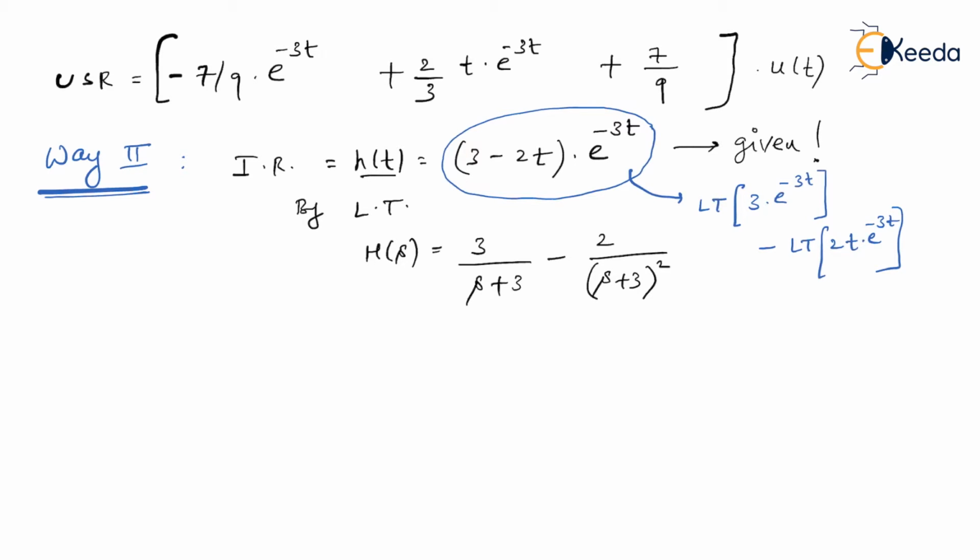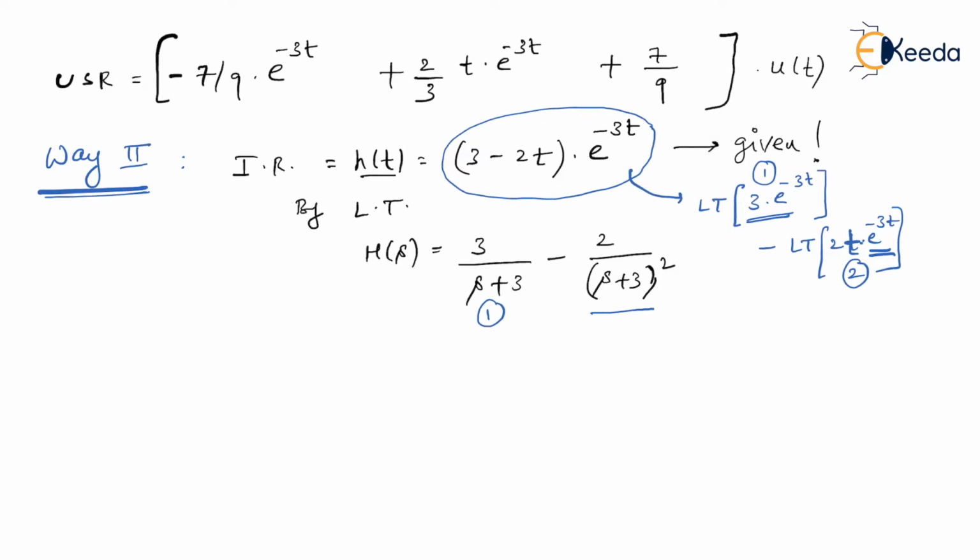Am I right? So again, the Laplace transform for the first term is written here, and the Laplace transform for the second term is written here. We know that e to the power minus 3t is 1 upon s plus 3, but since it is multiplied with this extra t, therefore it becomes square here, right? So finally, this is h of s. But again, they are not asking you for h of s. What they are asking you is the unit step response.